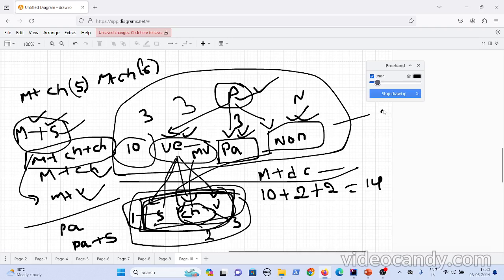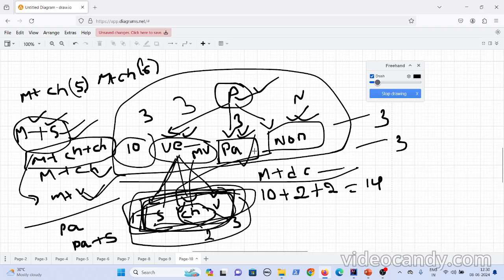Initially three classes for mushroom, paneer, and non-veg. And for mushroom pizza, you have three more classes, because mushroom plus cheese, mushroom plus sauce, and mushroom plus vegetables. Another three classes for paneer, because paneer plus sauce, paneer plus cheese, and paneer plus vegetables. And even for the non-veg pizza, you end up creating another three classes.